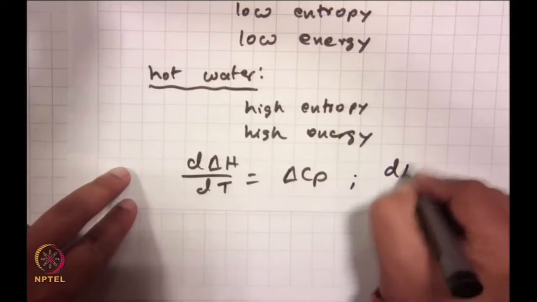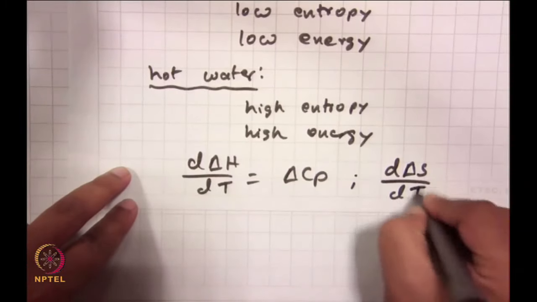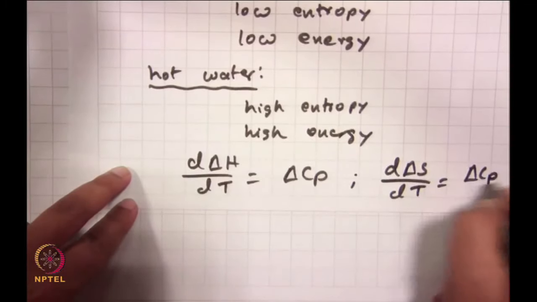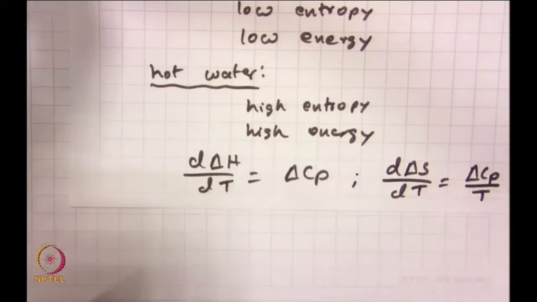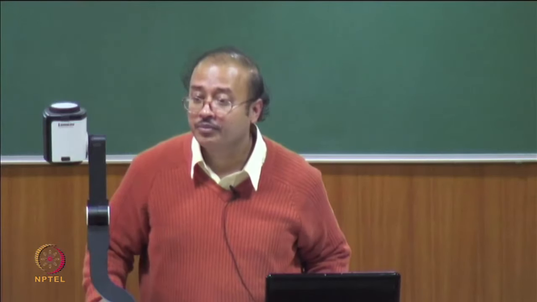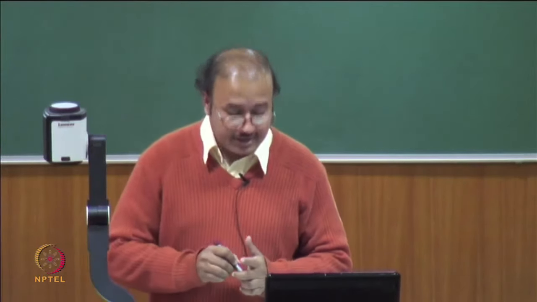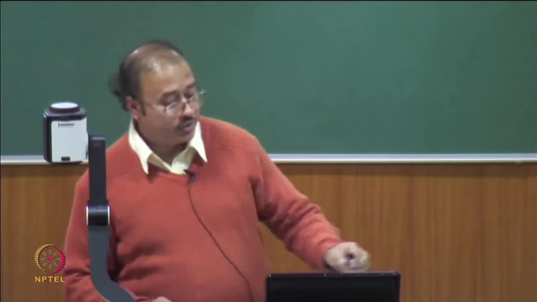So, both of these are increasing, and both of these have a strict delta Cp dependence, and because these are increasing and because you are looking at the slope or the rate of change, it just figures that delta Cp should also be positive and change by a huge amount,